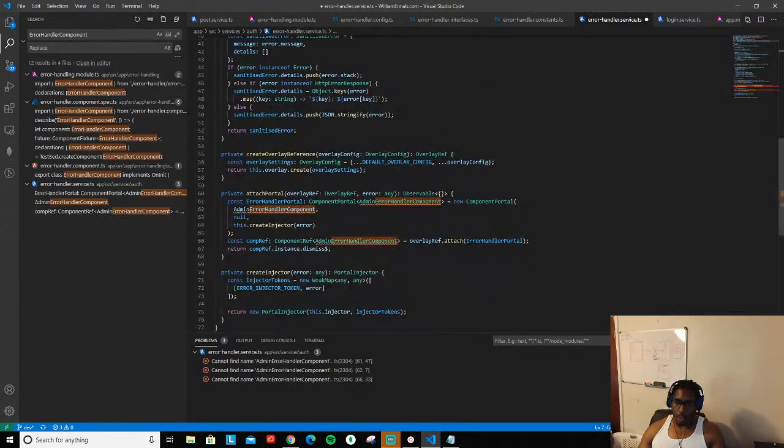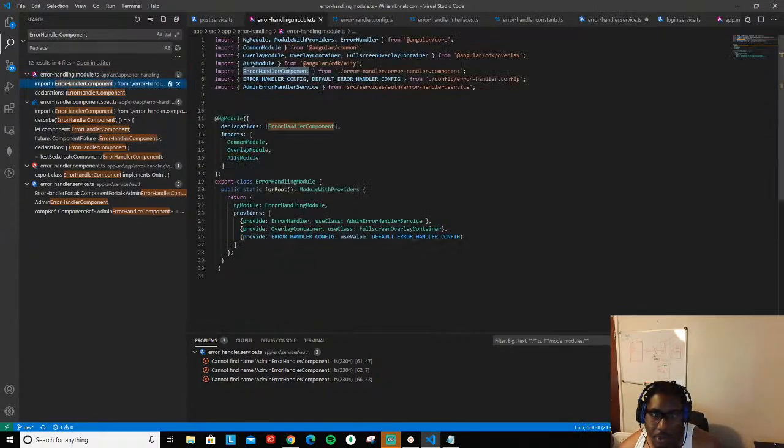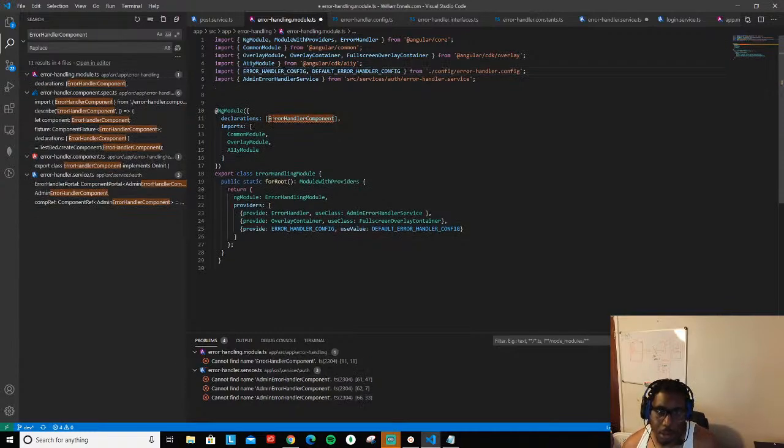And when I go down over here to import it, just give it a second. I'll have everything fixed. So same thing here. Do admin air handler component. And there we go. Wait, nope. So